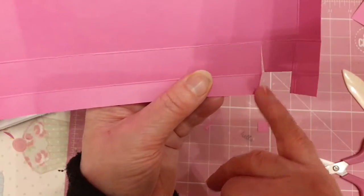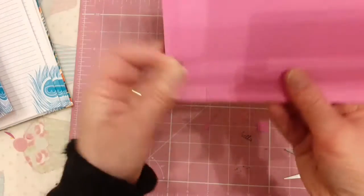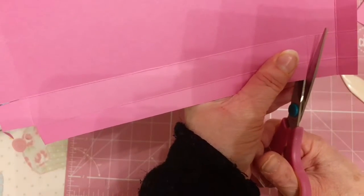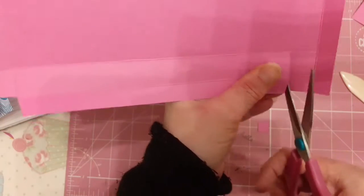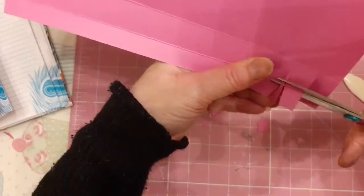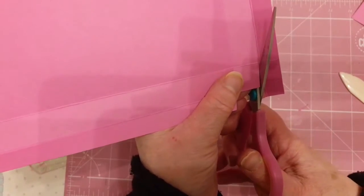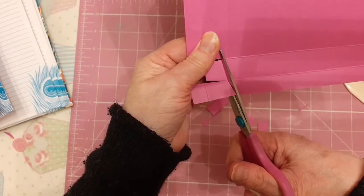Right, so what I've done is I've cut down the score line and I've notched either side and I've taken off. Then I spin round and I'm doing exactly the same. I notch in at that end, notch in to the first score line, and then cut down the second score line, and then notch in the whole length of it, and then just cut off the top bit of the tab, and so that gives you the wedge. I haven't quite cut down on that one. And then you spin it and you wedge the second bit